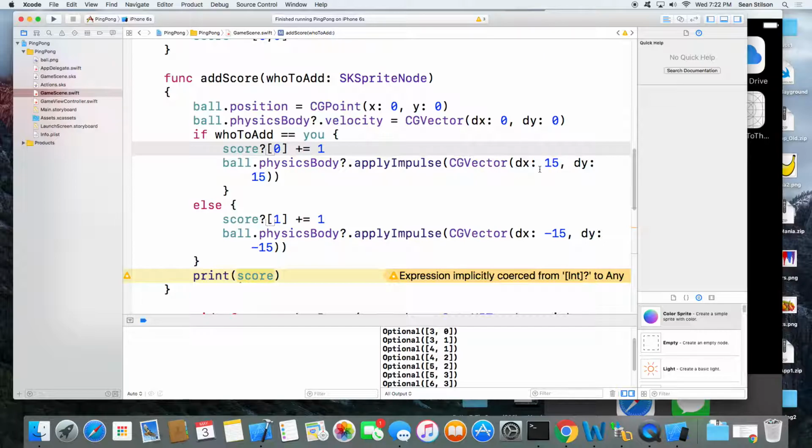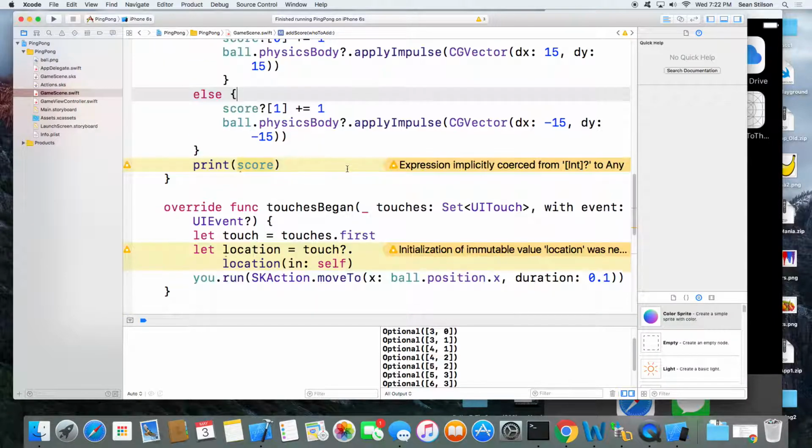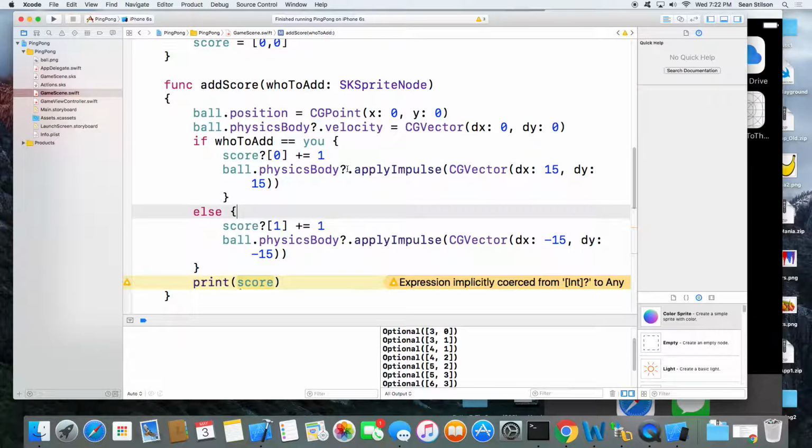We'll still have it head towards the opponent or towards us depending on who scored, but we'll randomize the vector, so it might start off slow or fast. And we'll add the labels and then allow the ability to stop once the game is complete.